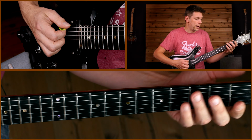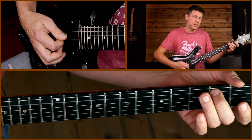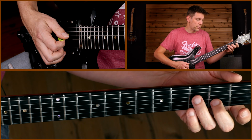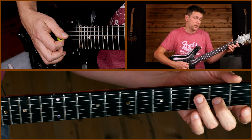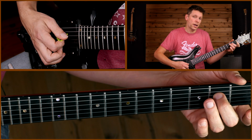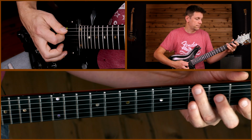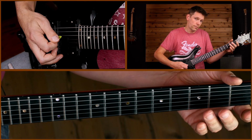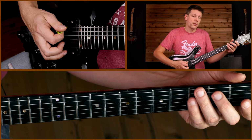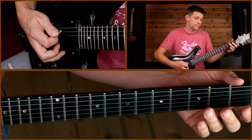So what do you do there? So you have ring finger, E3, middle finger, A2, then open D, and then you play that, try it here again. So that's with ring finger on D3 and middle finger on G2. You play it twice, then your middle finger to D2 and with open G, and then you play open D, right? So like this. But of course, it starts on the and of 1. So if I would count that in, that would go like this: 3, 4, 1, and 2, and 3, and 4, and...